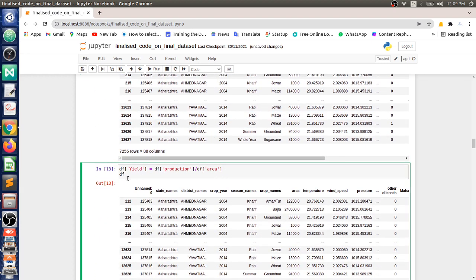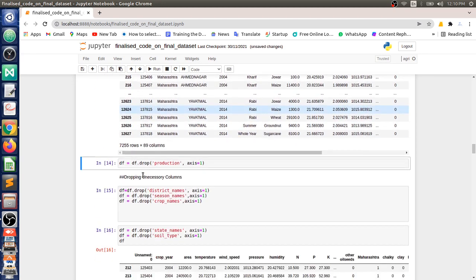After that we are creating that yield column which we had deleted. We can use that directly. I already coded it like this and made it a data set. Otherwise, to show how to use two columns to create a new column, I am doing this. Now that I have yield, there is no need for production, so I am dropping that.